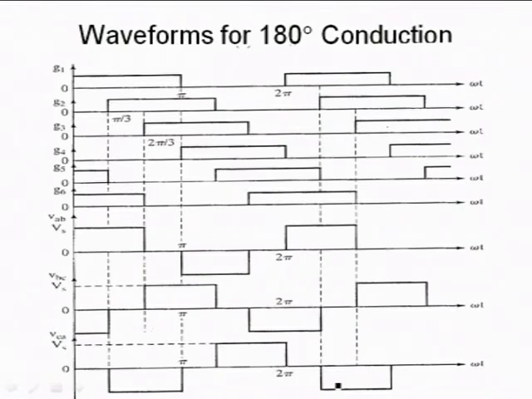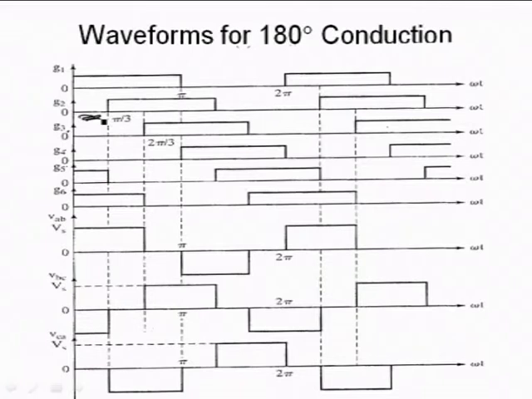So, this is the gating of transistors Q, G1, G2, G3, G4, G5, G6. This is how they are gated with a 60 degree interval. So, this is 60, again 60 plus 120, previously it was up to 60 degree. These are the gating signals for G1, G3, G5. The pattern is a 120 degree interval in the upper arm and a 120 degree interval in the lower arm.